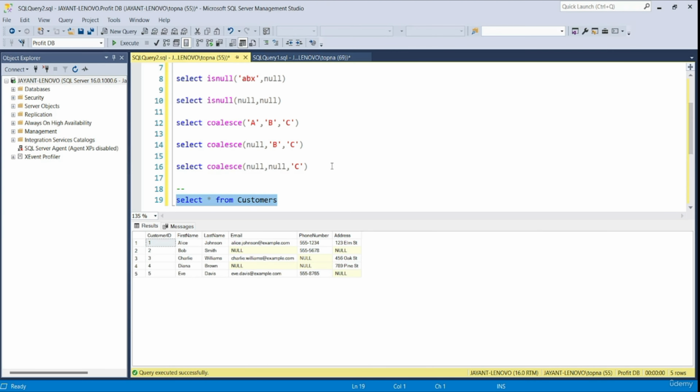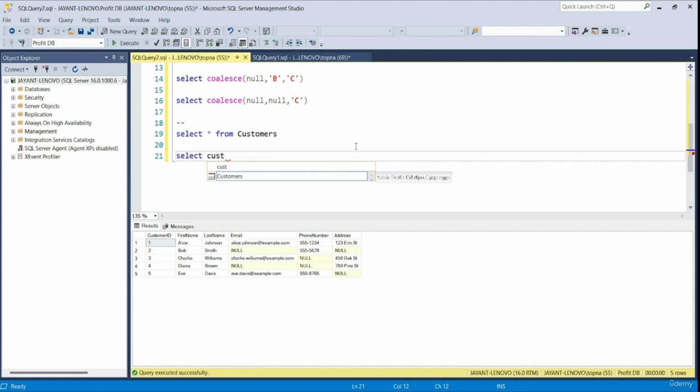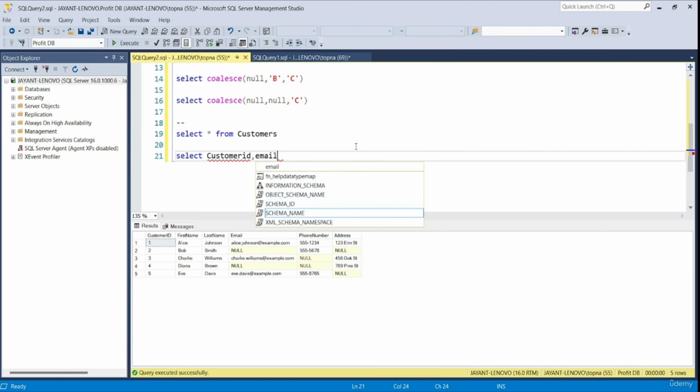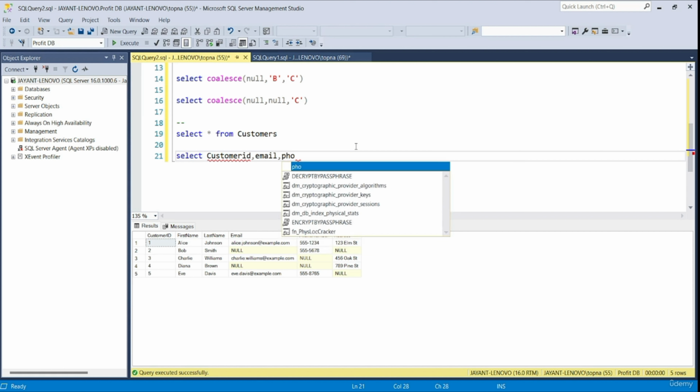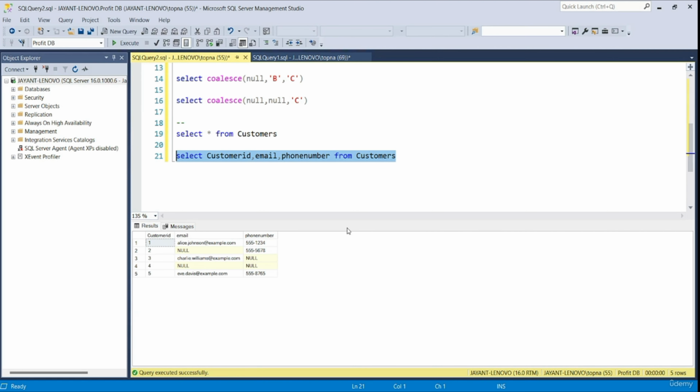So this is the table that we have. Let's say we want to display the data of customer ID, email, and phone number. So what can we write? We can write select customer ID, comma, email, comma, phone number from customers table. If we execute this statement written in line 21, you can see that at certain places